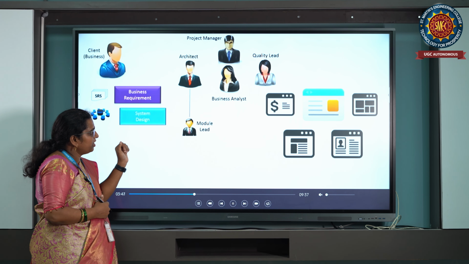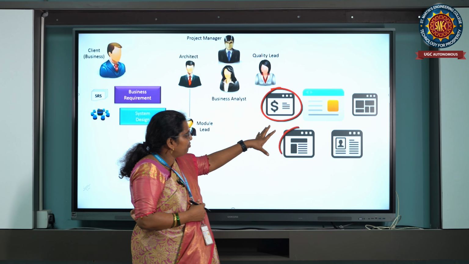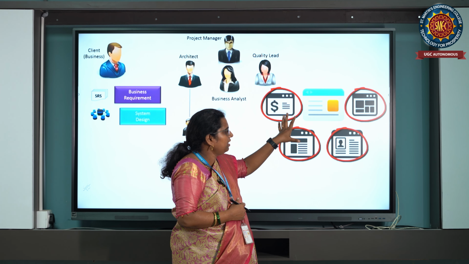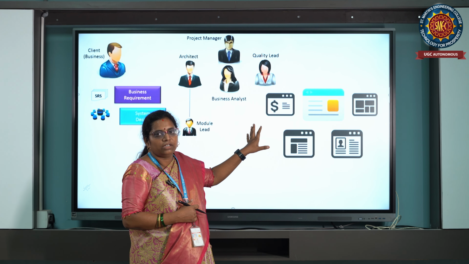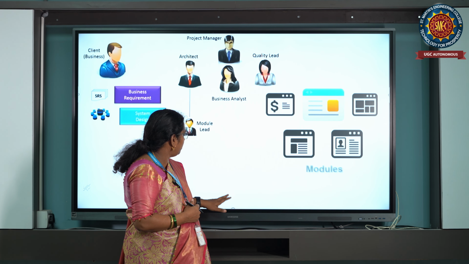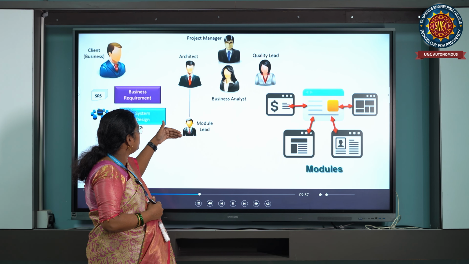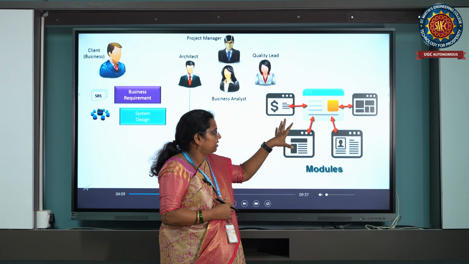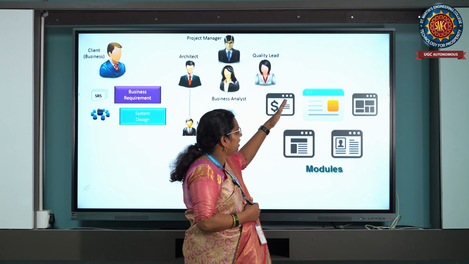Next is the system design. What system are you going to use? These are the web pages you are going to design. This is given in the form of diagrams, any diagrams: UML diagrams, data flow diagrams, or flowcharts. Anything you can use. Now this person is going to lead it. This is divided into modules, you can say. These are the basic modules, and this comes under the low level design.